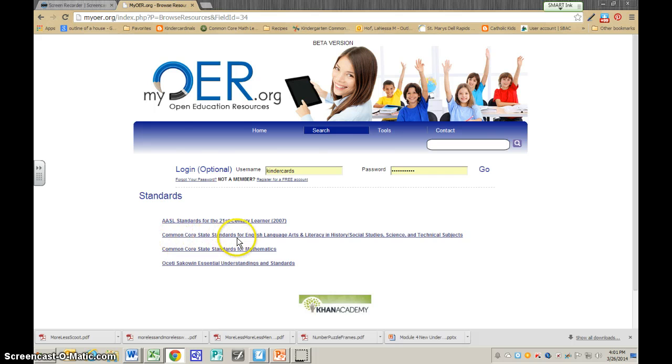Common Core state standards for English language arts and literacy in history, social studies, science, and technical subjects. Common Core state standards for mathematics. Oceti Sakowin essential understandings and standards. Today, let's choose Common Core state standards for mathematics. This will bring up